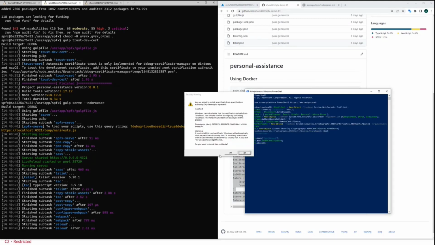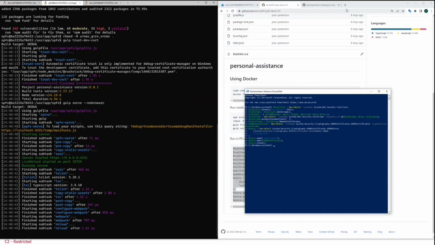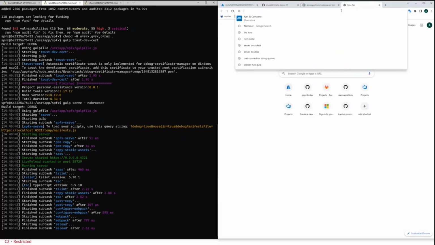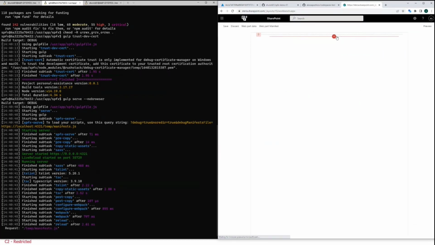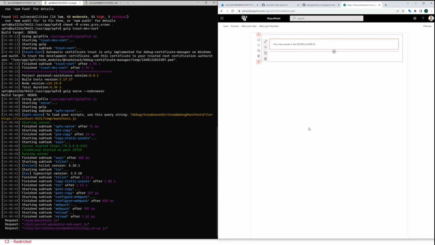Here you go. So now everything is up and running, and I can just go ahead, open Workbench, and add web part and start contributing.